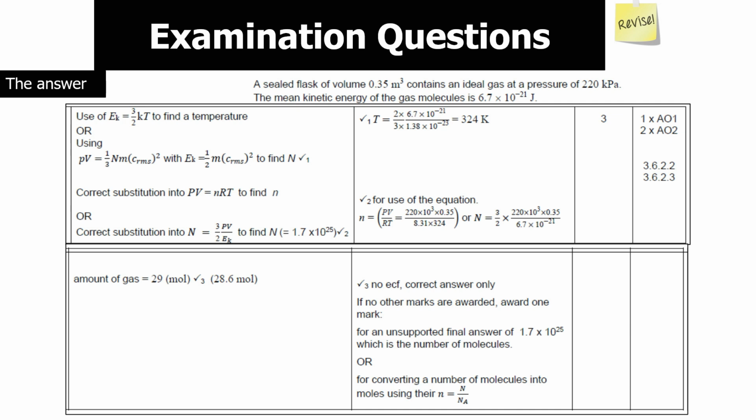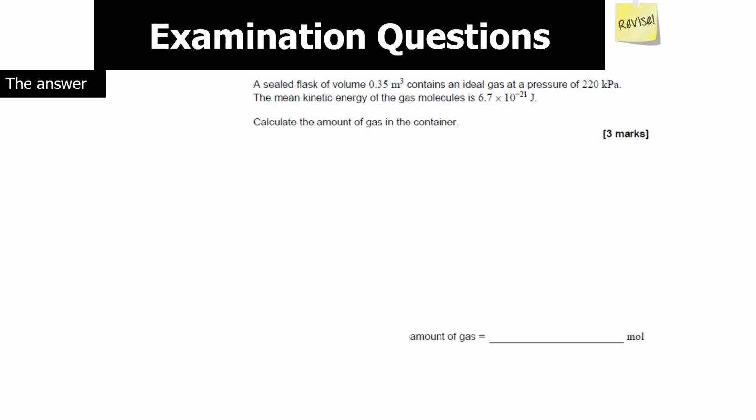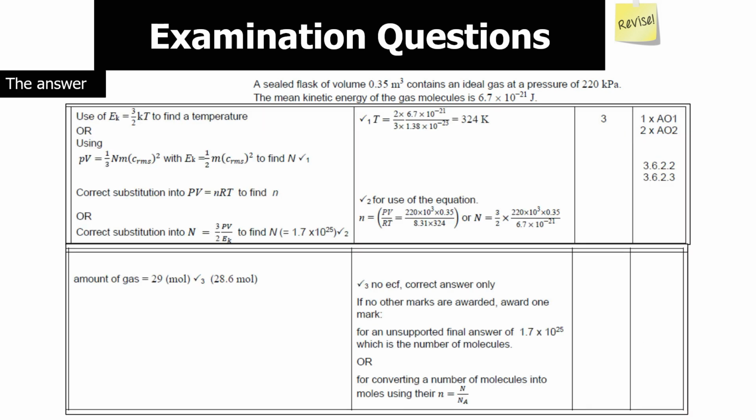So then what we can do is, because the question's asked us to work out the amount of gas, we've got to work out how many particles are present. So as a result, we can then use one of the equations to say EK is equal to a half m c RMS squared, to then work out what N is going to be, or we use PV equals a third N m c RMS squared to work out our value of N. Or what we could also do is use now our equation of PV equals nRT to work out small n,